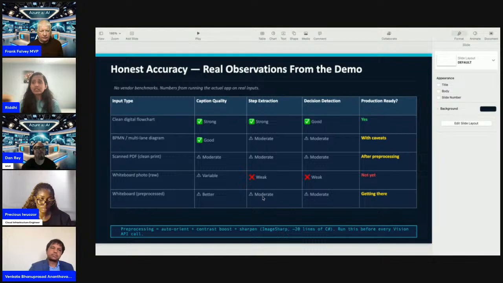So there is a lot of improvement required in that. If it's raw or not pre-processed, it's just not there yet. So the key is to have a clean digital flowchart for this kind of use case for now.